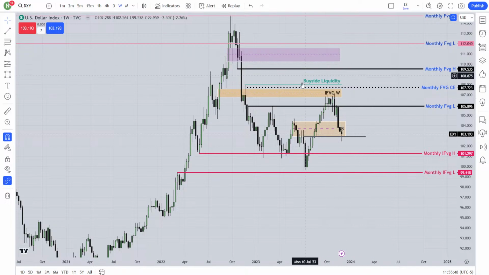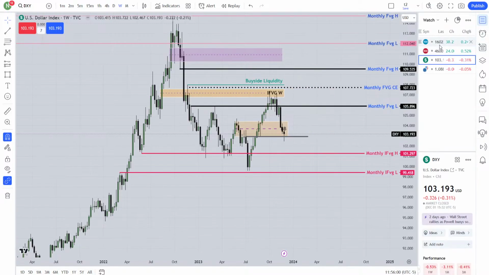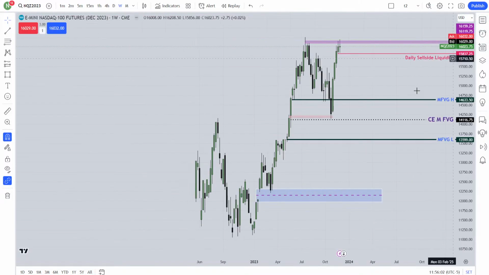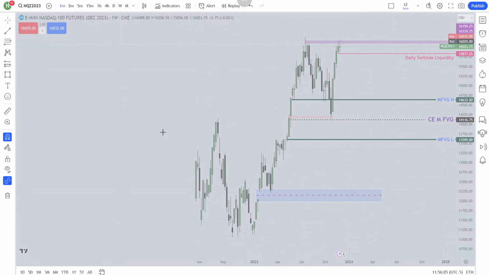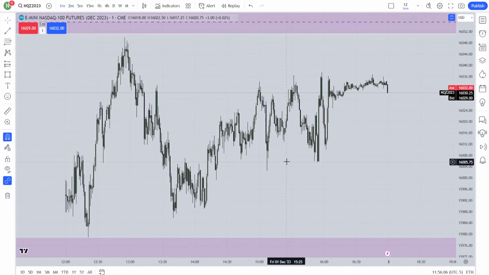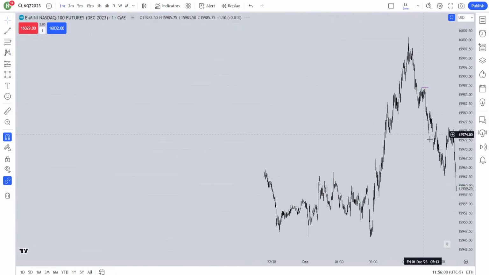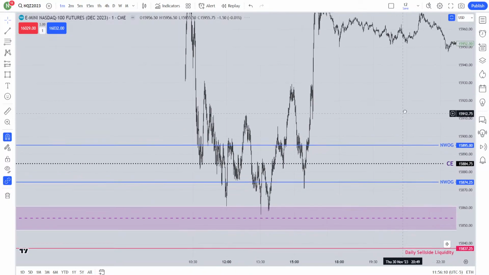Okay. I am just going back to show you another example of the IFVG so that it can be clear. Okay, then I will come back again here to the dollar index to discuss the weekly bias or anything. Okay, so here I will go to the 1 minute chart. Let me actually find the IFVG.